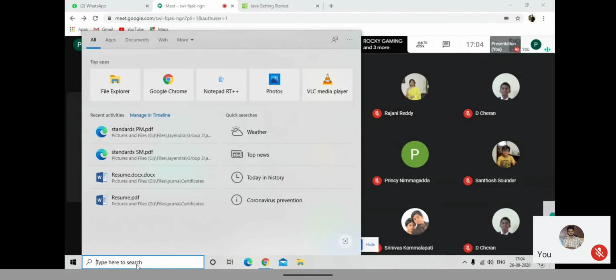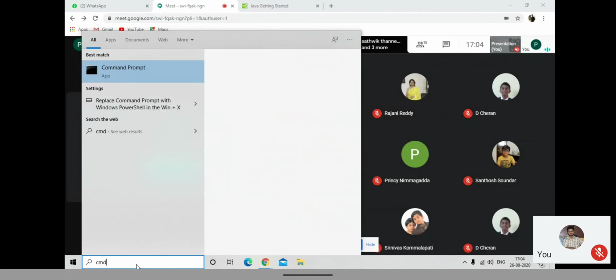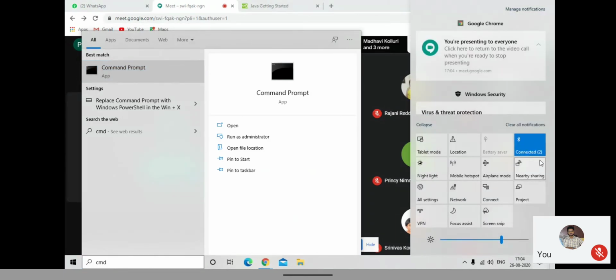CMD is a shortcut for that. If I just click CMD, just wait a second, guys.